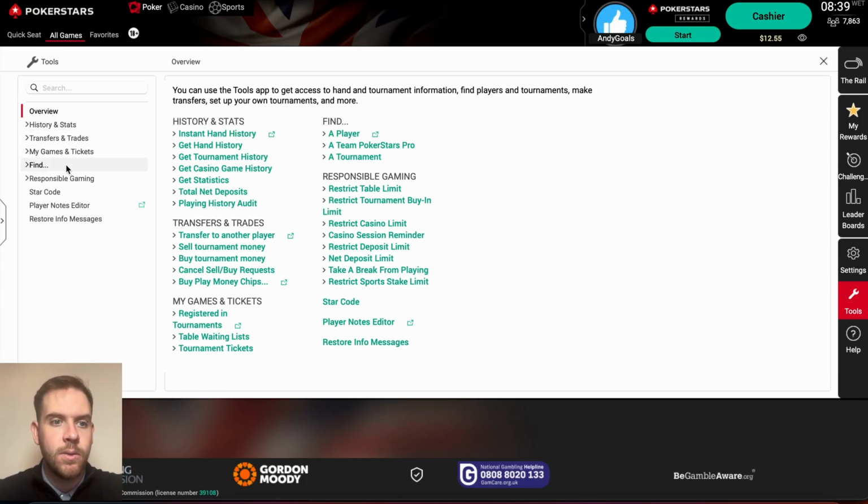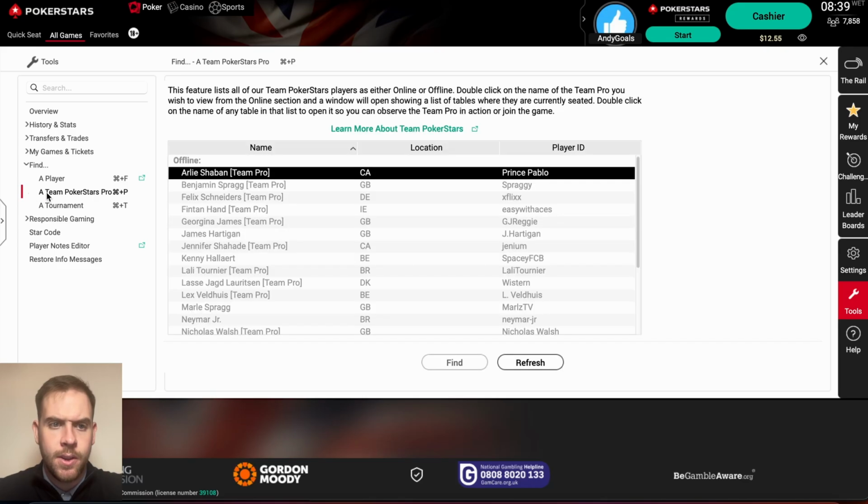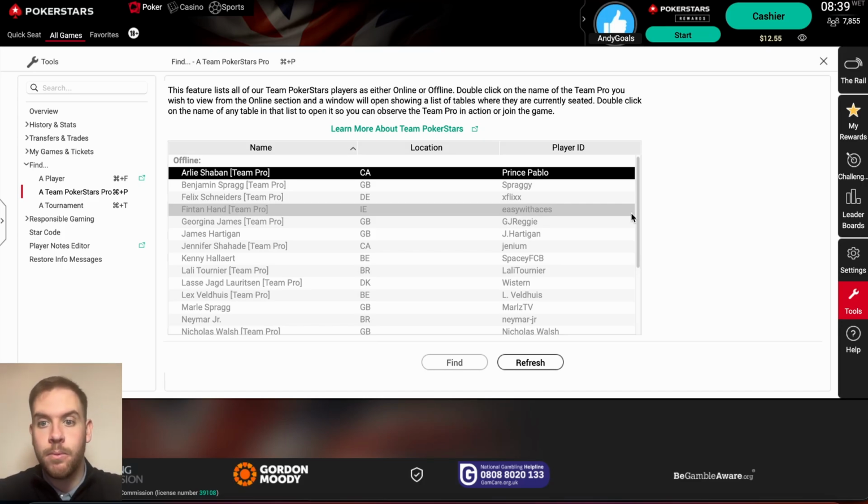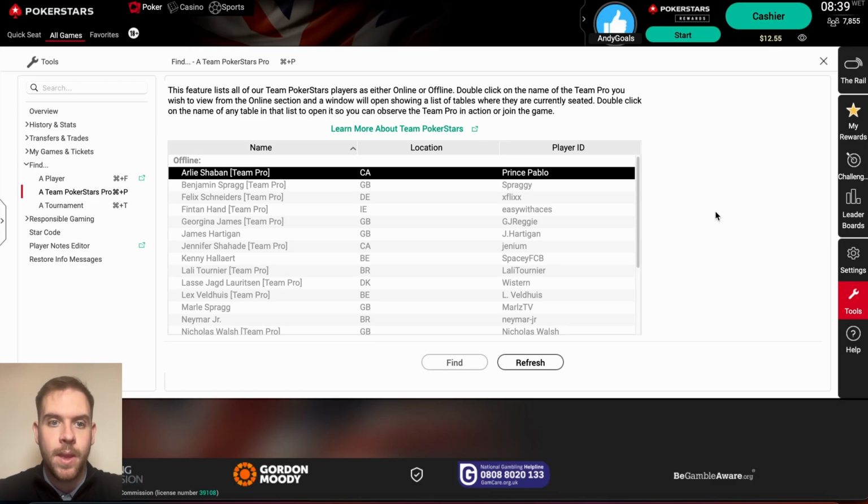But then go down to find and open up the find section, and then go down to a Team PokerStars Pro. And you can actually press on Mac, Command and P at the same time, or if you're on a Windows device, you can press Control and P, and that will bring up this page right here. And so it basically says, this feature lists all of our Team PokerStars players as either